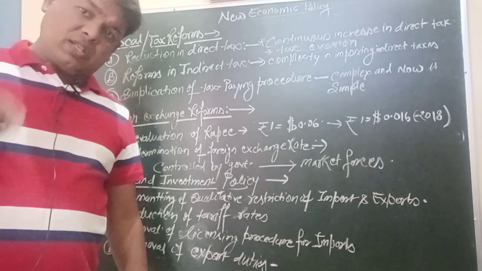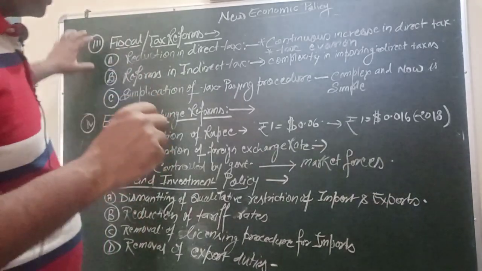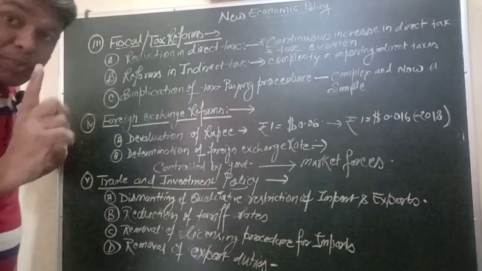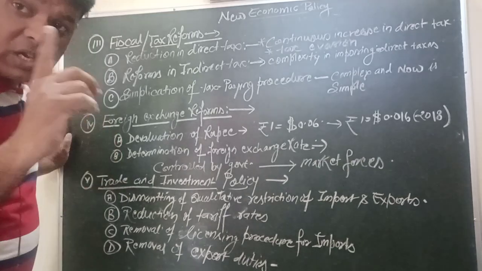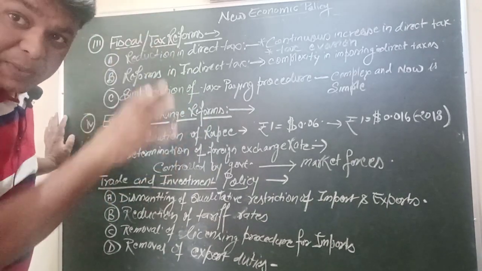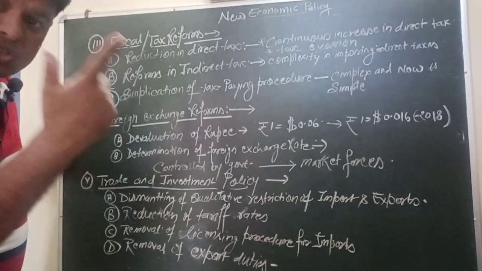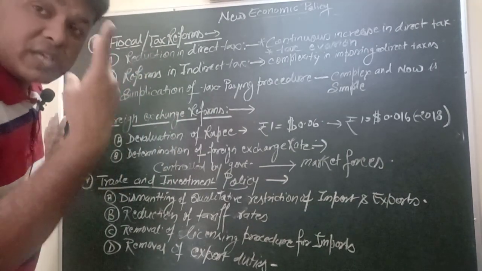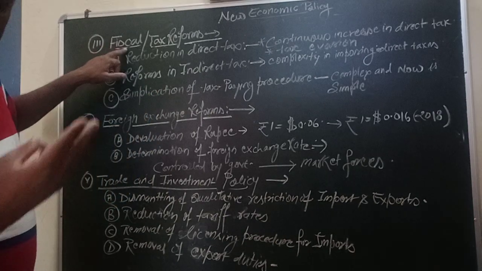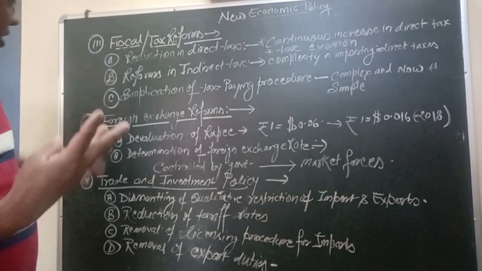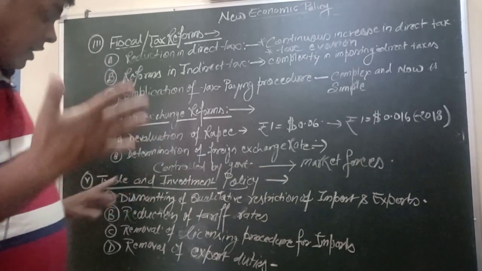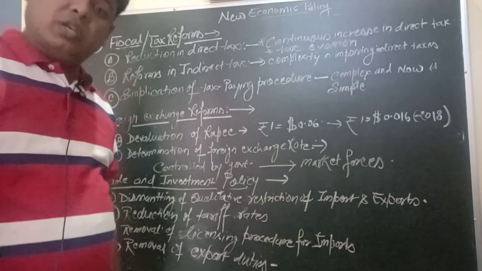So this is the thing: all the LPG is covered under these 5 topics. LPG is the part of the structural reforms measure which is for the long term. Okay, so LPG is all this. First one is the industrial sector reforms. Second one is the financial services reforms. Then third one is the fiscal service reforms. Then after that foreign exchange reform, and fifth one is the trade and investment policy reforms.